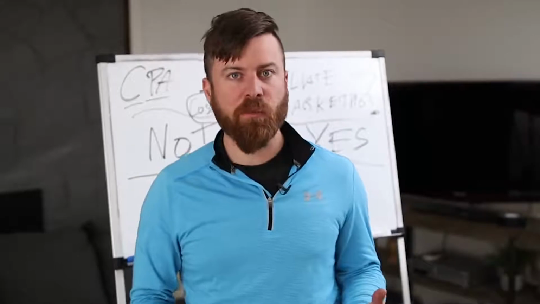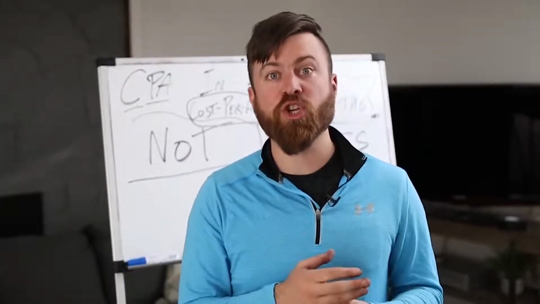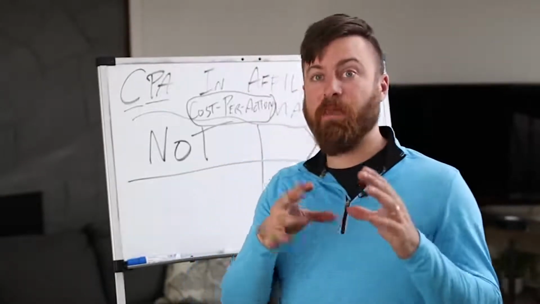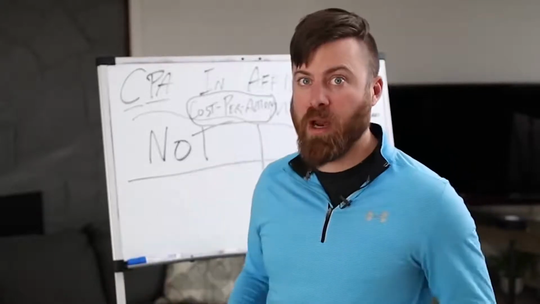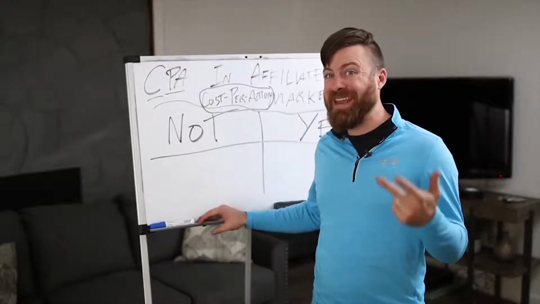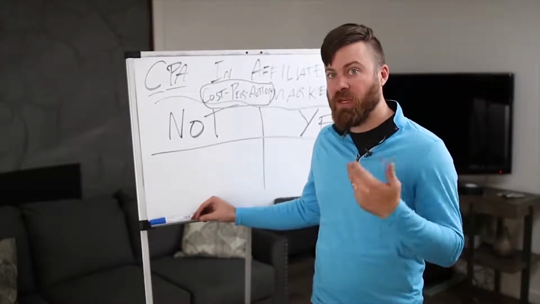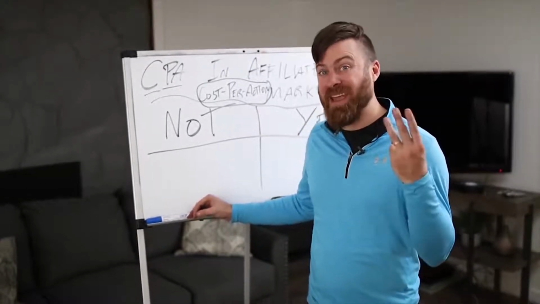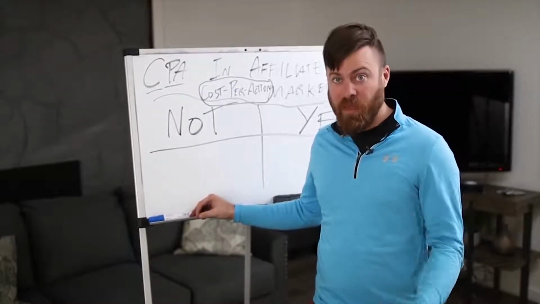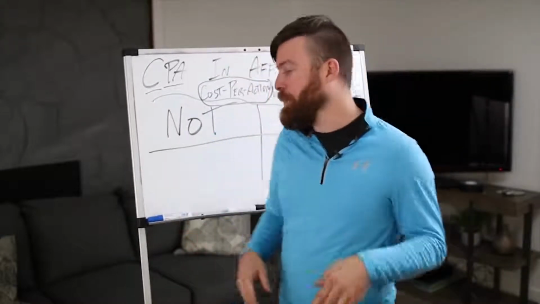Now, most affiliate networks are based on some sort of revenue sharing agreement, or rev share. And what rev share means is you'll get a percentage of whatever the product sold for. An example is Amazon. Amazon or Walmart or eBay or ClickBank will pay you a percentage of the revenue that you generated. In Amazon's case, you'll get paid 3 to 10%. In Walmart's case, you'll get paid a couple percent. In eBay's case, you'll get paid a couple percent. Whereas in ClickBank's case, you'll get paid a couple percent.